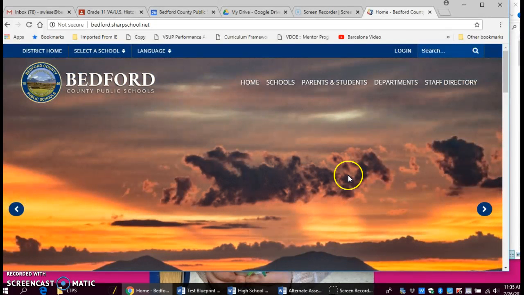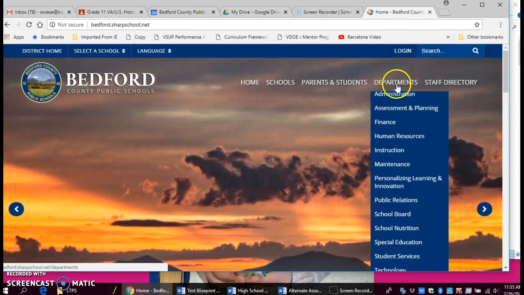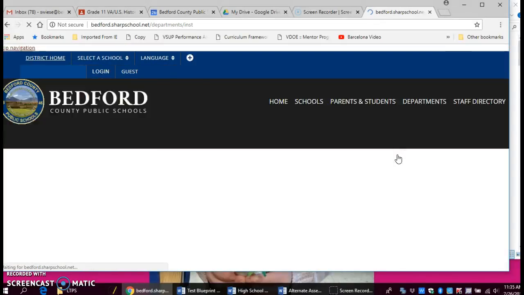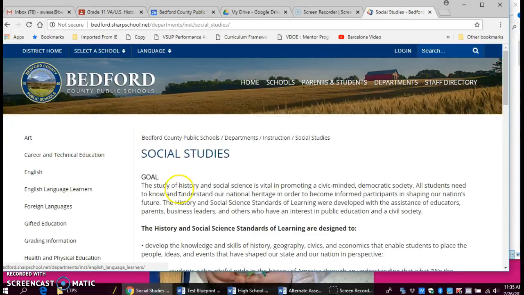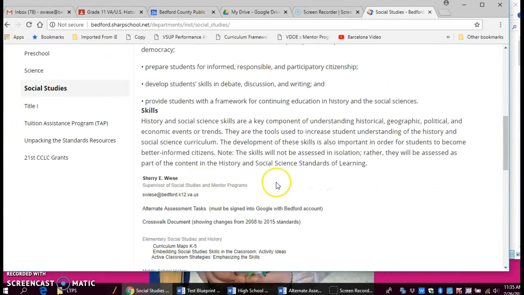So in order to find the information, you would go to a Bedford County webpage, click on Departments, Instruction. You'll scroll down and click on Social Studies, and then you'll scroll down and you will see alternate assessment tasks. You'll see that you have to be signed into your Google account with your Bedford County email address in order